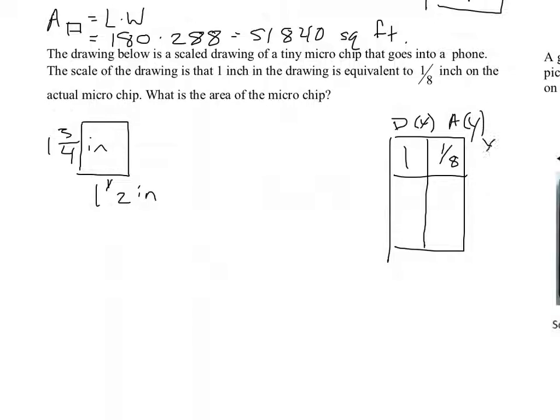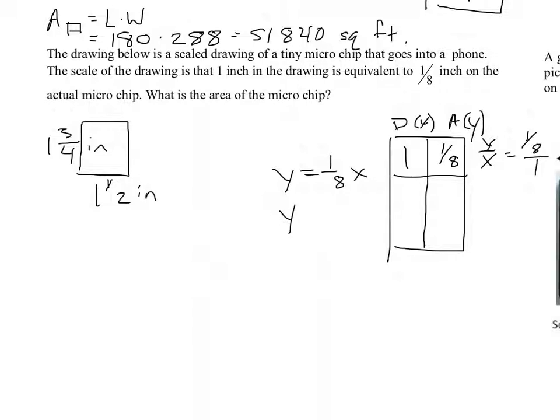And sure enough, we see y over x gives me 1/8 over 1, which is just 1/8. So y is equal to 1/8 x. So we know this is 8 times smaller than